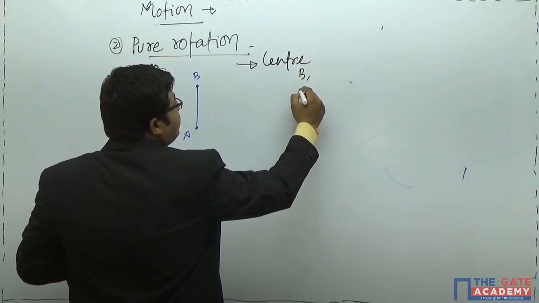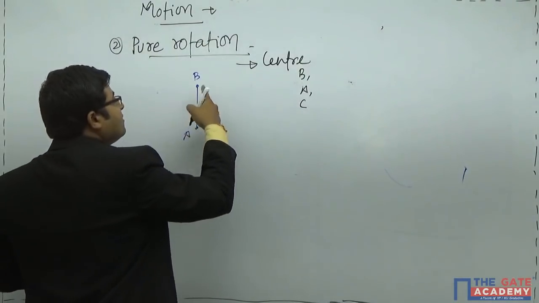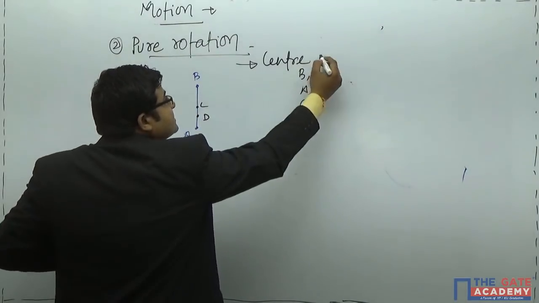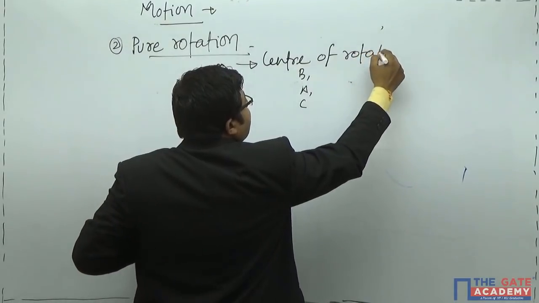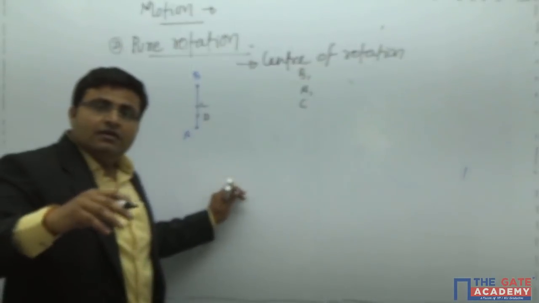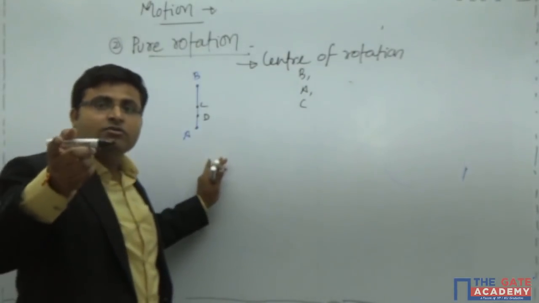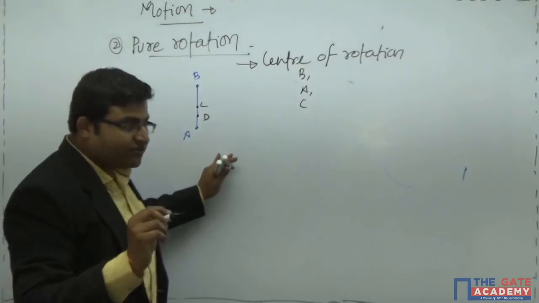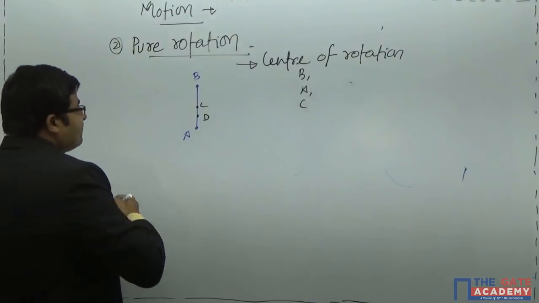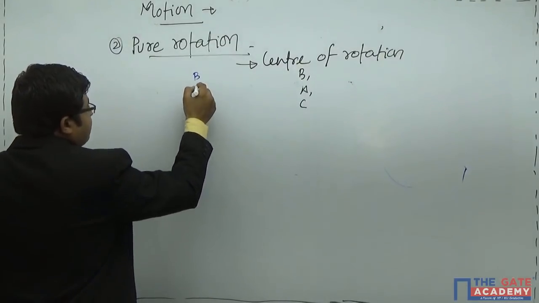It can be B, it can be A, it can be any other point situated on this link, maybe C or some other point, maybe D. That could be the center of rotation. What I mean to say is the link can have any point as the center of rotation, and this link is rotating about that center only. Some general cases: suppose this link is rotating about point B, then what will happen? If the link is rotating about point A, then you can easily see that